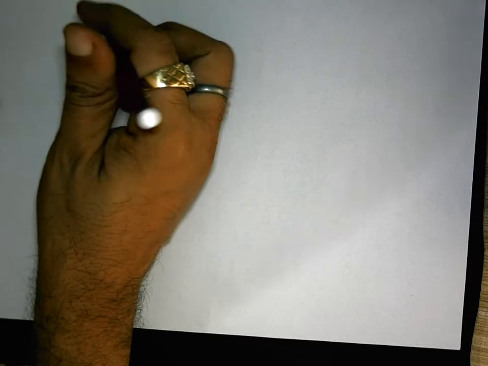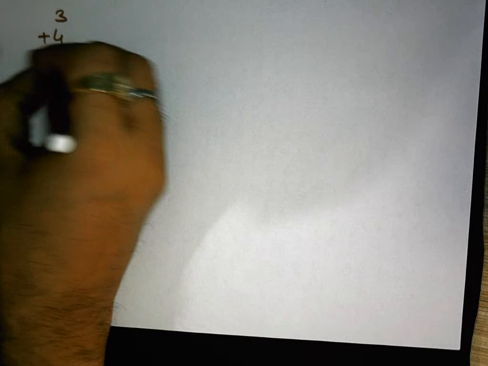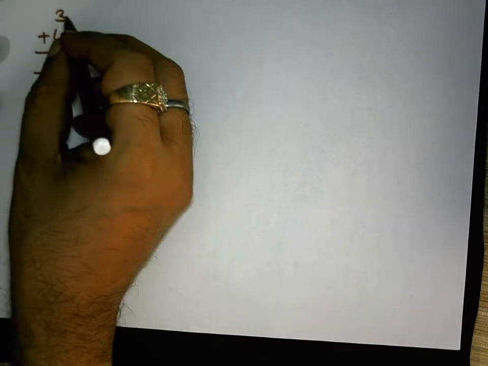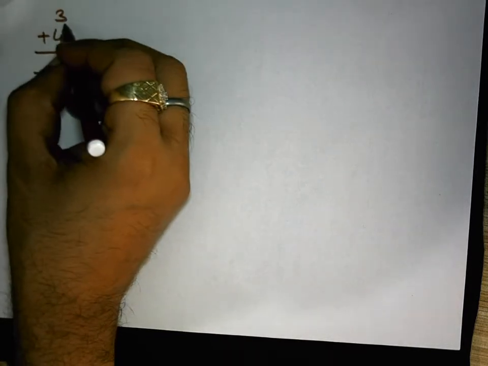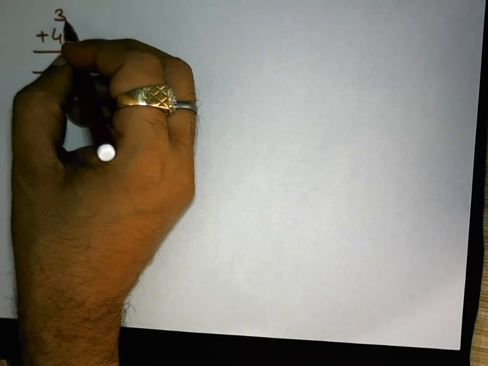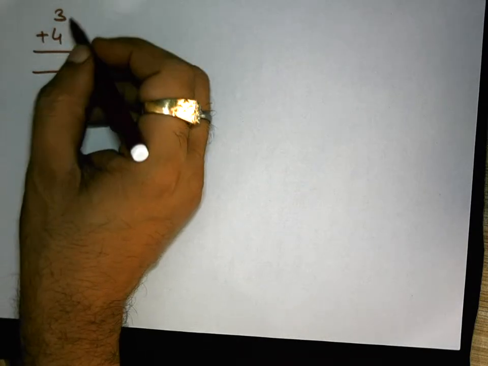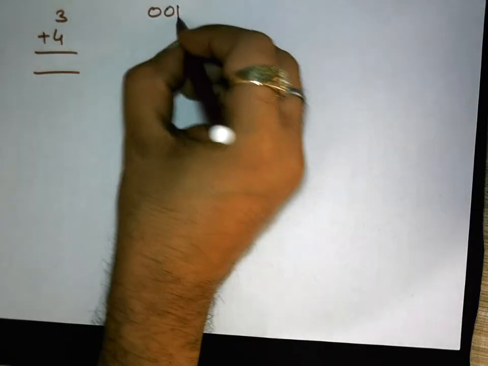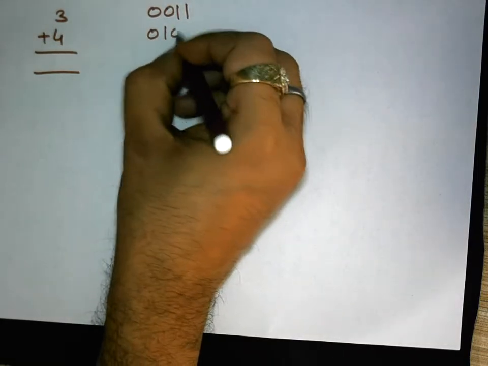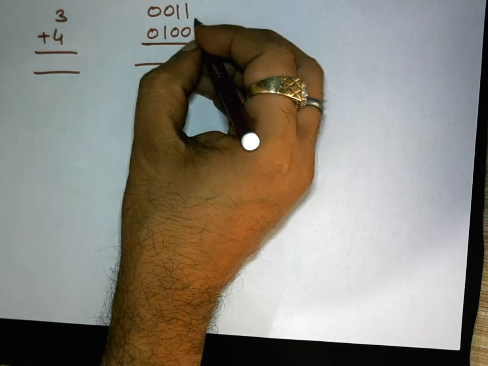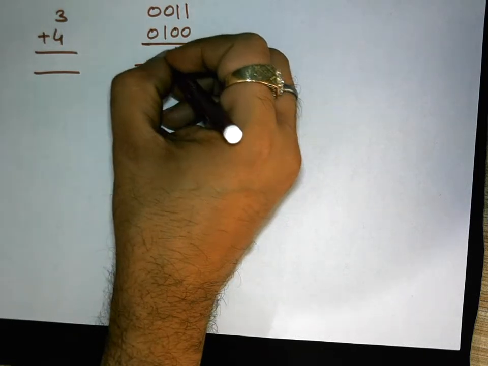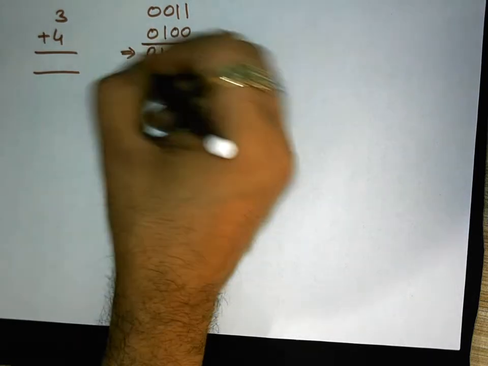Now I am taking some more examples to explore different combinations in this BCD addition. Suppose we are willing to add two numbers which are not going to give an invalid result, suppose 3 added with 4. On the calculator's keypad I pushed 3, then the plus sign, and then 4. So what it accepts inside is 0011 and 0100. Now how will it form the result? The result is this. This is not an invalid code.